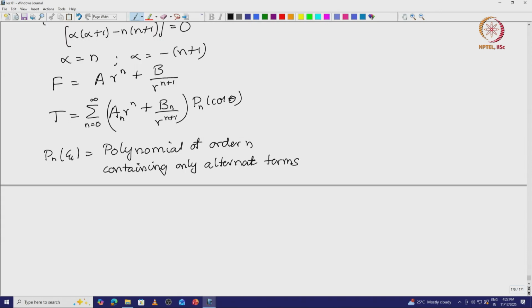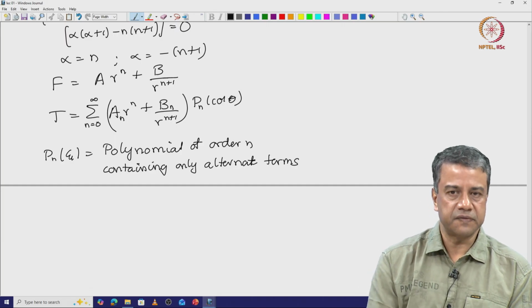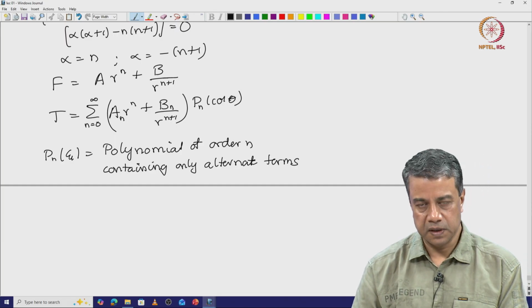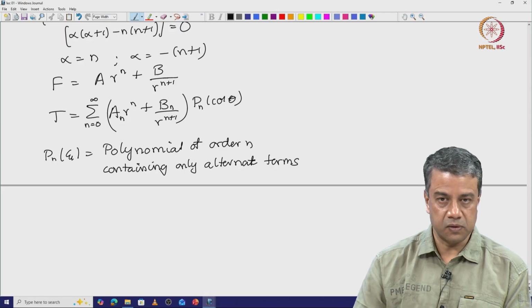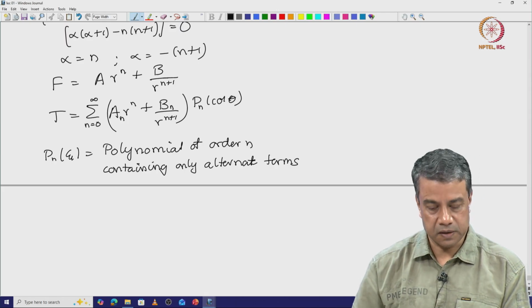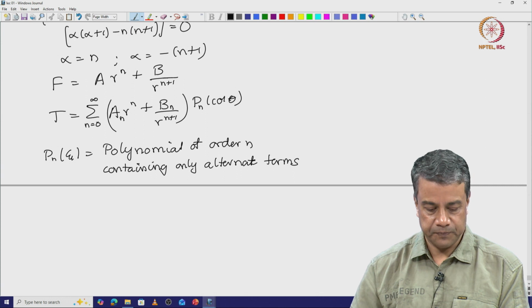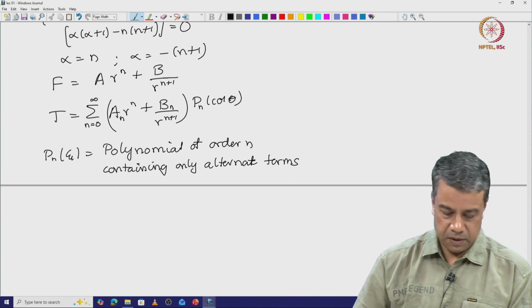That is, if n is equal to an odd number, let us say n is equal to 21, it contains only alternate terms. It contains psi power 21, psi power 19, psi power 17 and so on up to psi power 1. If it is even n, then it contains only alternate terms, that is n is equal to 0, 2, 4, 6 etc. up to n. So, it contains only alternate terms. Therefore, for